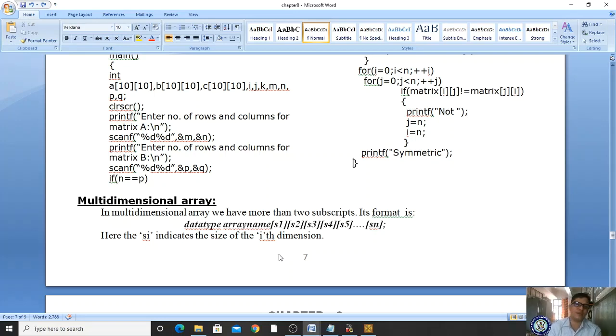Let us see its syntax: data type, array name, followed by s1, s2, s3, s4, s5 and so on up to sn. Here si indicates the size of the ith dimension.